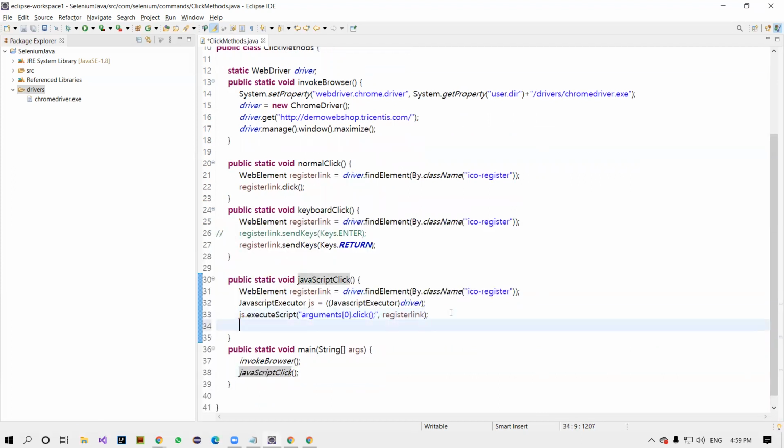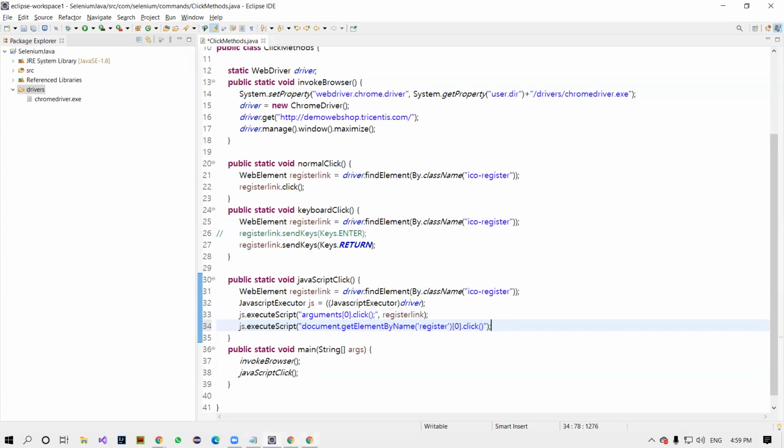And here one more thing is there. I think there is a second approach in executeScript. There is one more mechanism called document.getElementById or getElementsByName. You can write the element property name here. For example, if it is register, you can use this, and after that [0], and then .click(). You can remove the above element, it's not required. So this also will work.